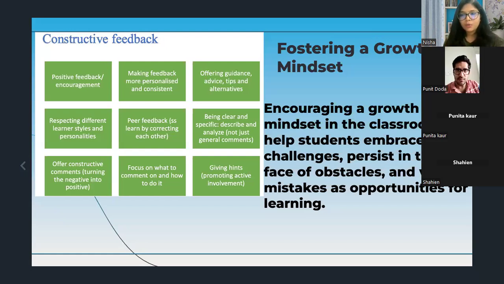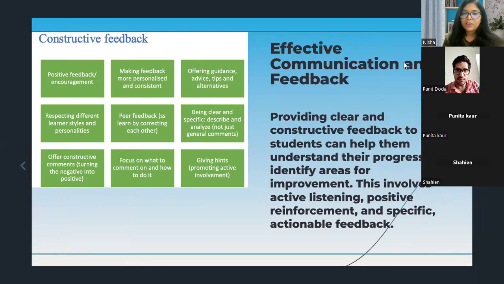And also constructive feedback, the most important thing that we can give, which provides clear and concise feedback, which is very vital for the students' improvement. So we should ensure that feedback is specific and actionable.